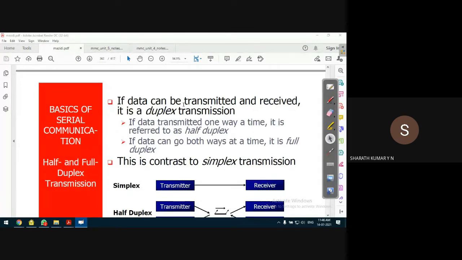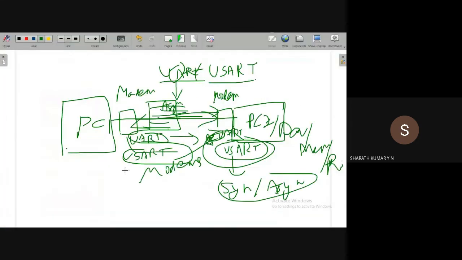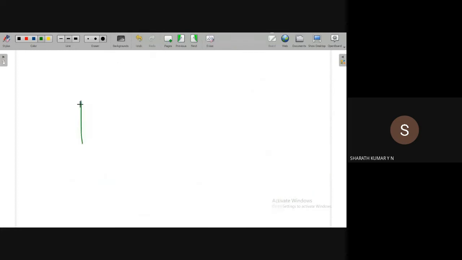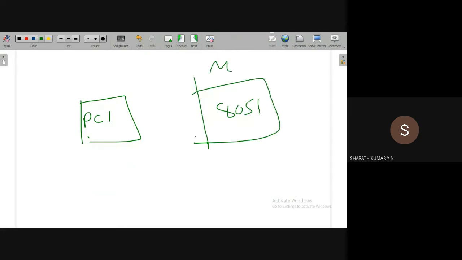What about our 8051 microcontroller? To program the 8051 microcontroller, whenever we interface the 8051 main board, which consists of the 8051 microcontroller, this is called a main board.